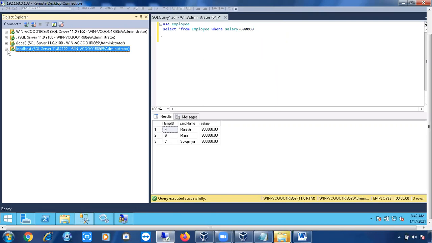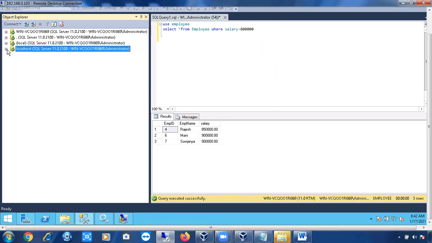We have connected in multiple ways, right? You will have your pet name, you will have your official name, different names and all, right? Friends are going to call you with a different name, in your home they are going to call you with a different name, and parents are going to call you with a different name. In all scenarios you are the only one person, but everyone is calling you in a different way. In the same way, we have only one default instance, but we have connected in different ways by just giving different names. That's it. So we have 3 or 4 ways.